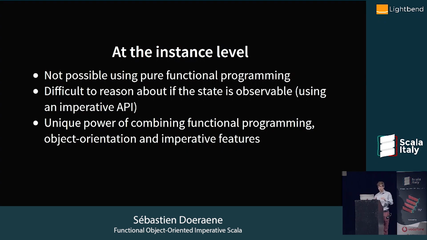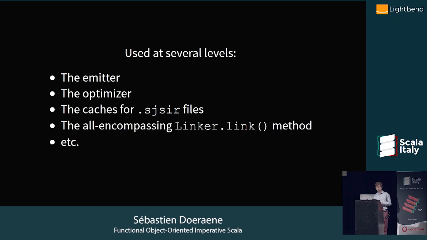A cache is really only a cache if, for the same inputs, it gives the same outputs. So it's really important that this hierarchy of things, every time you have components that are purely functional from the outside, mutable in the middle, and that call purely functional smaller components. And your entire architecture is made of a tree of such components. So we use this as a tree. We've seen the emitter, but it's everywhere like that.